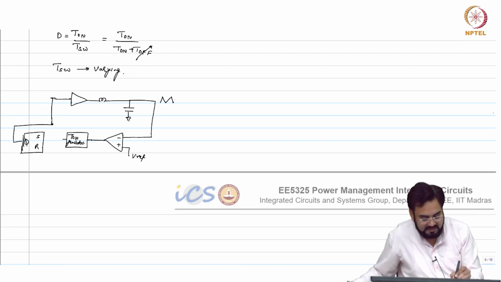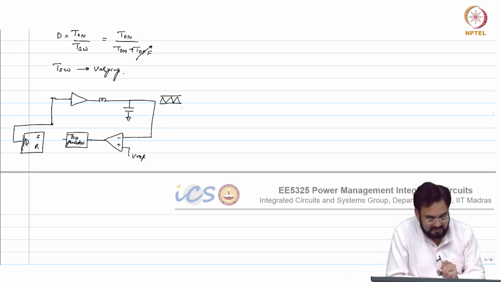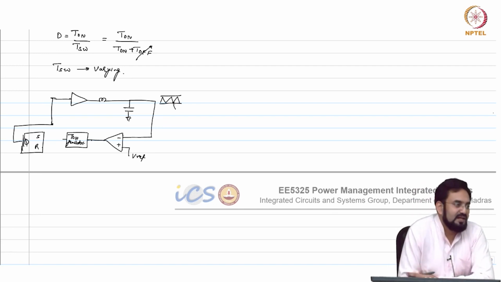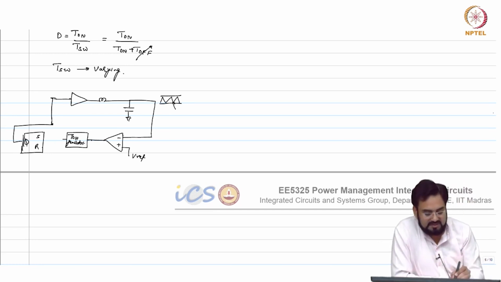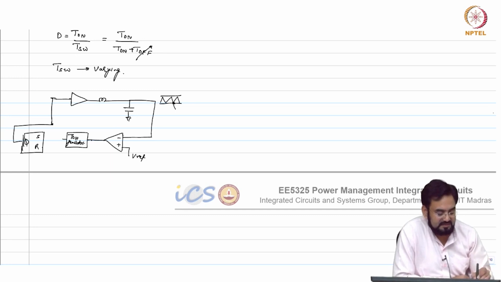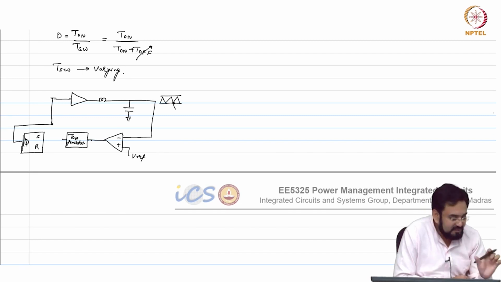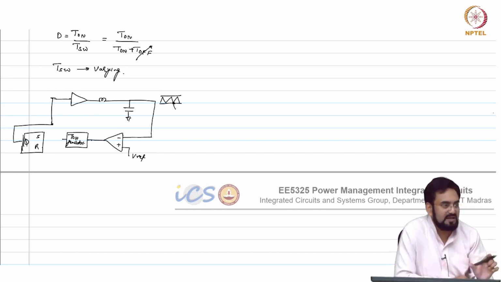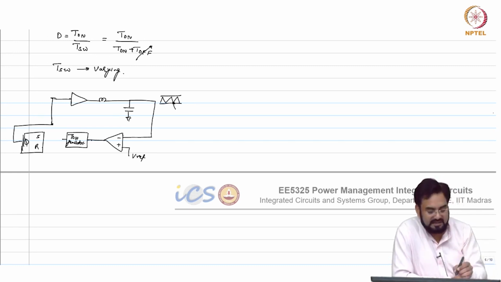So let's say my ripple is like this, and let me look at the peak. Okay, so what happens? It's more like a valley current mode. So whenever your output goes below some Vref, let's say this is your Vref, what you do? You immediately set this flip flop, and your on time you are forcing is a constant on time. Correct? That will be fixed.